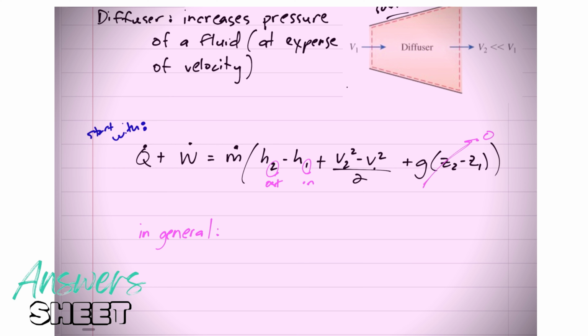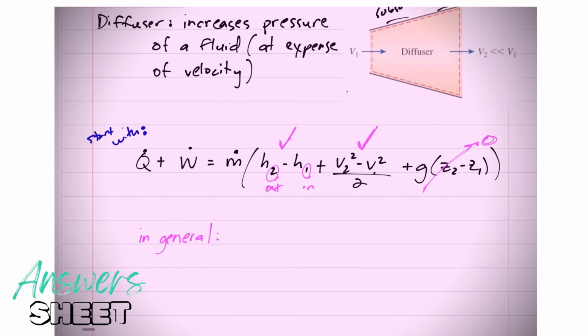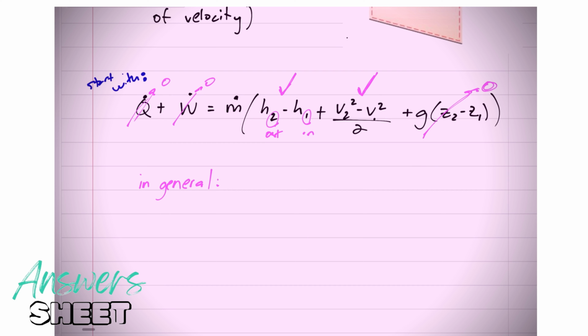In general, there's no potential energy. There is usually a change in velocity. That's kind of the whole point of these nozzles and diffusers. So we will have that. We will definitely have H. In general, we're not getting work out or putting work in. In general, we're not losing heat or putting heat in, unless they tell you. So unless otherwise told,